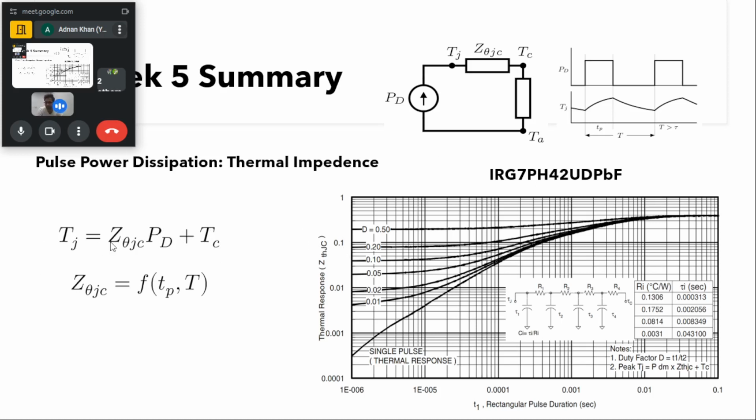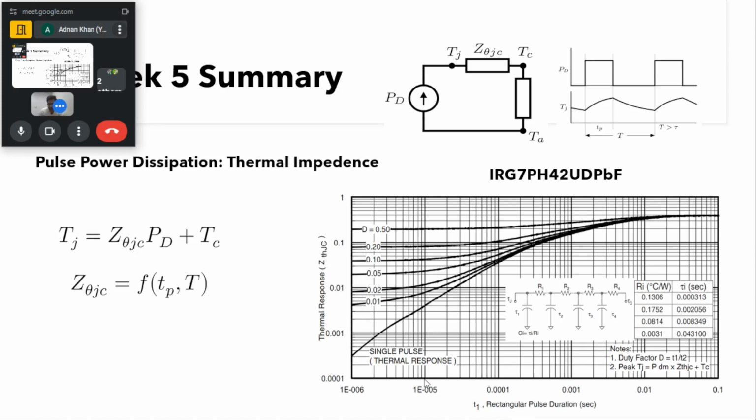And how? Now the only thing unknown here is Z theta jc. And you can see here, for Z theta jc there are a number of graphs provided. If you can see the bottom one, this is for the single pulse thermal response. What is this single pulse thermal response? We had a power loss in one pulse, then after that there is no power loss, we had only the one pulse. So in that case, let us take a pulse duration of 10 microseconds, that is 1e-5. So what will be the